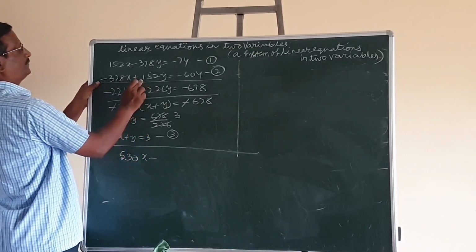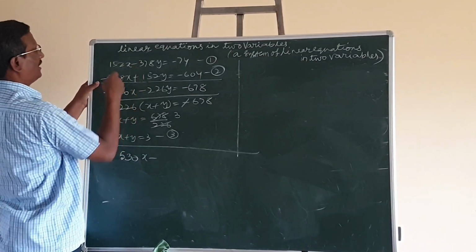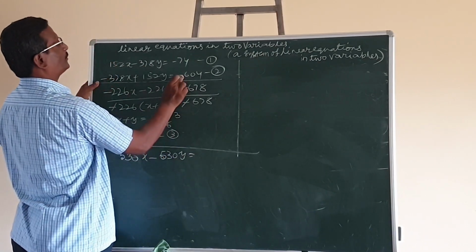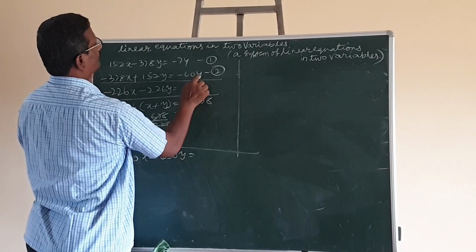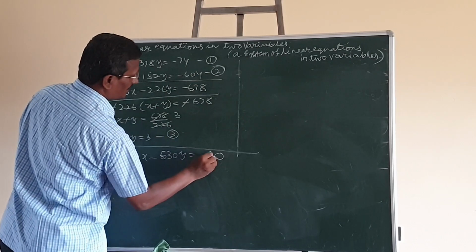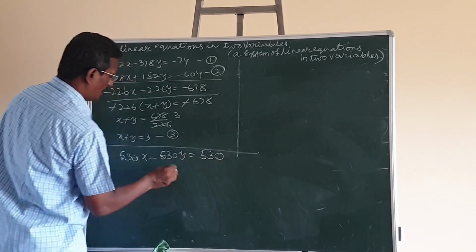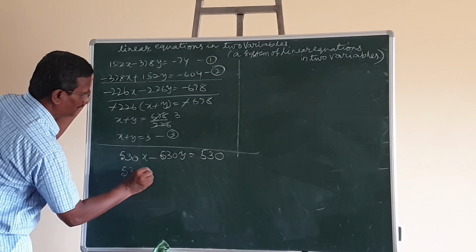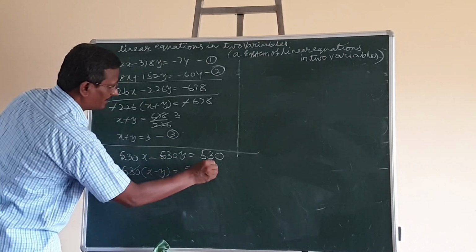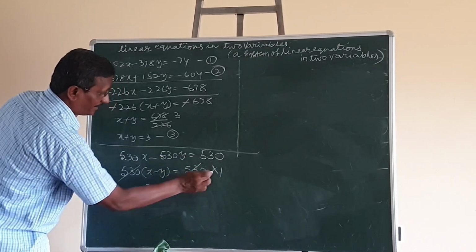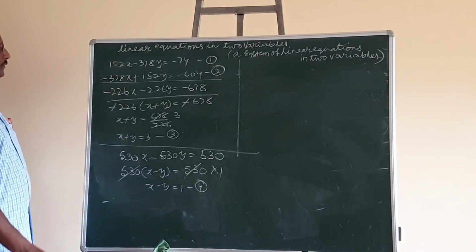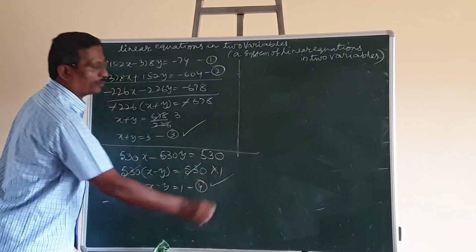Here, on subtraction this becomes minus. So the same sum, because the same numbers, minus 530y is equal to: this becomes positive and this as it is negative. So 4 minus 4 is 0, 10 minus 7 is equal to 3. This is 530. So on taking common factor 530, x minus y is equal to 530 upon 530. On cancelling, x minus y, 1 is the multiplicative identity, is equal to 1. This is equation 4. So equation 3 is ready, equation 4 is also ready.